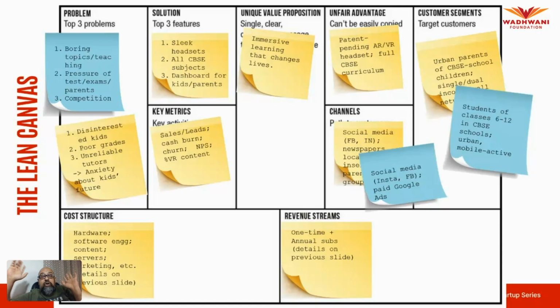Thereafter, we said there are two other important things. First of all, what are your revenue streams? Are you aware of your revenue streams? That means, do you know where all you'll get the money from? Whether you'll get it from a one-time purchase or repeat purchase or a subscription model or freemium model, whatever. What are the revenue streams? That does not matter whether we are talking about an online business or an offline business, but subscription models work in both offline and online models. CultFit also has a subscription model, and so does any of the online products that you buy, which have an annual subscription model.